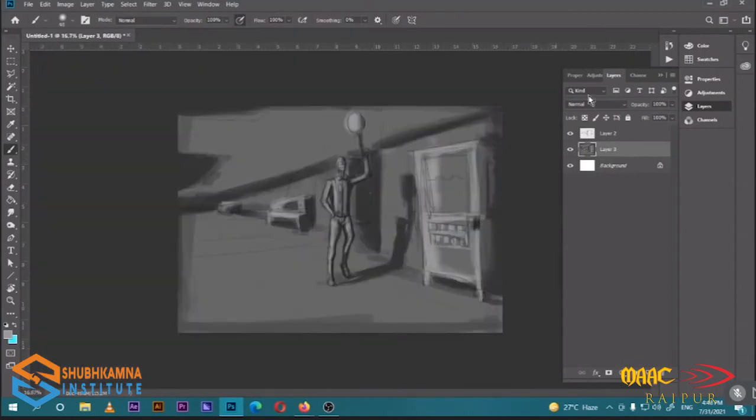Let's just turn off our sketch, and we can see that lights are in proper place. Solidifying the structure, right? Some strong structure so that I could see all the lights and everything.